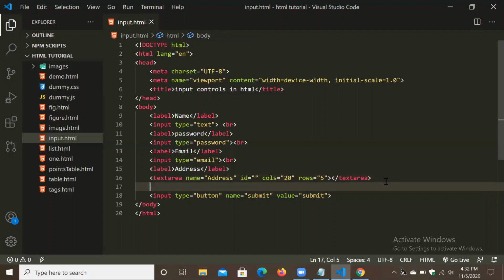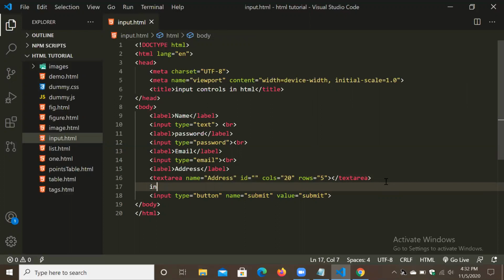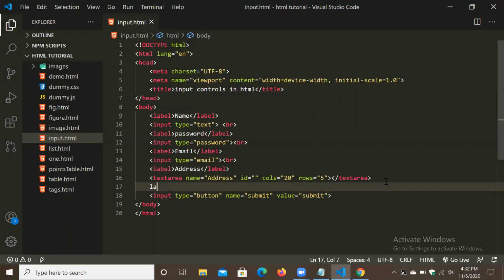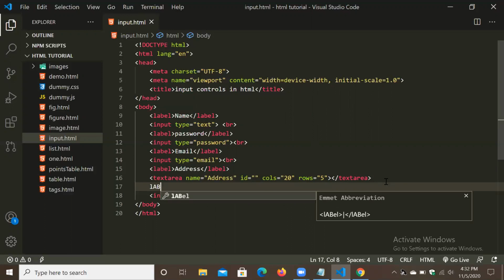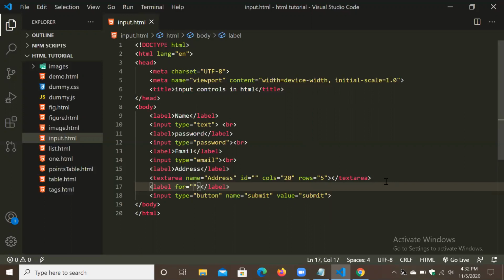That's the next thing what we can add. We can add radio boxes. Okay. For that, first we will take one label, like gender.